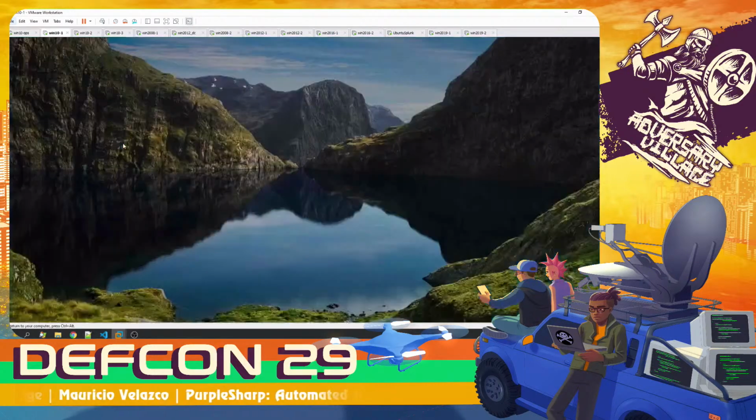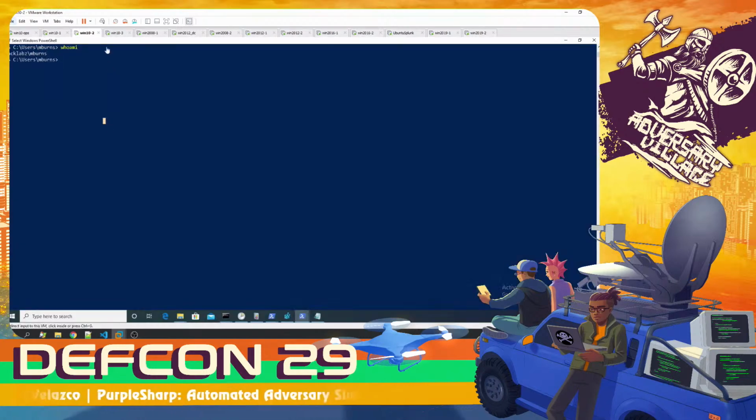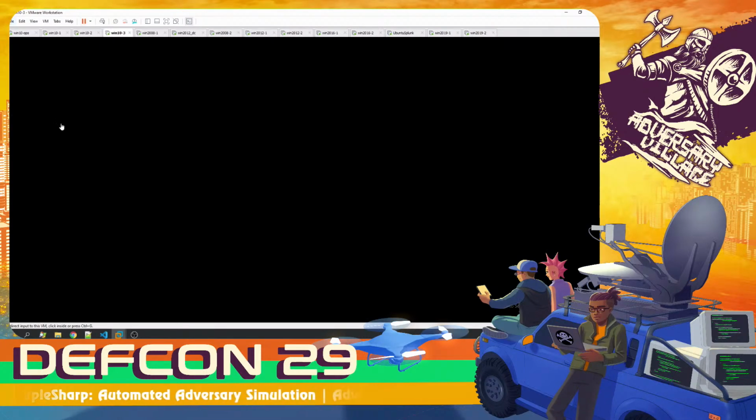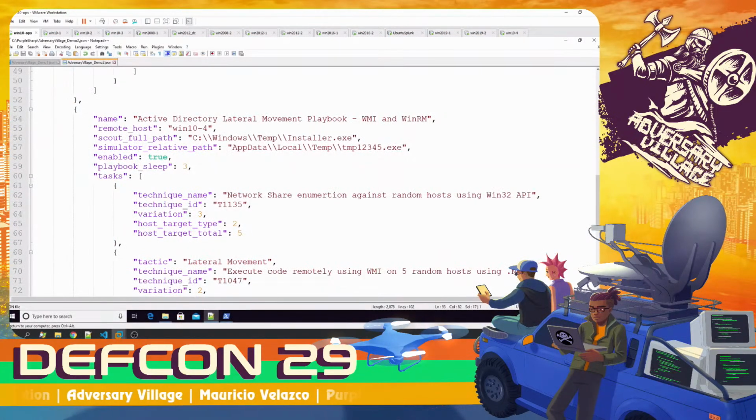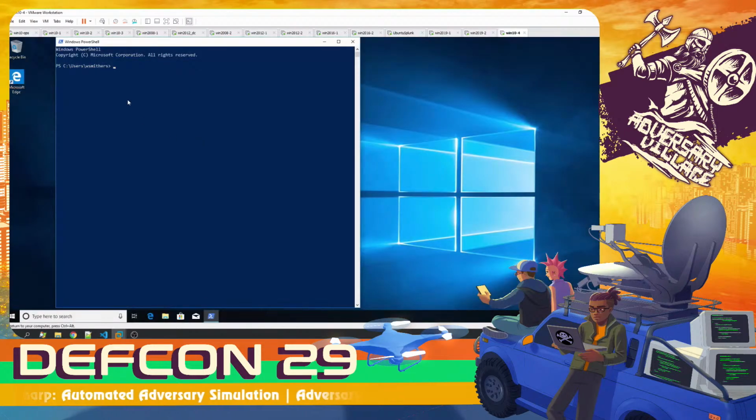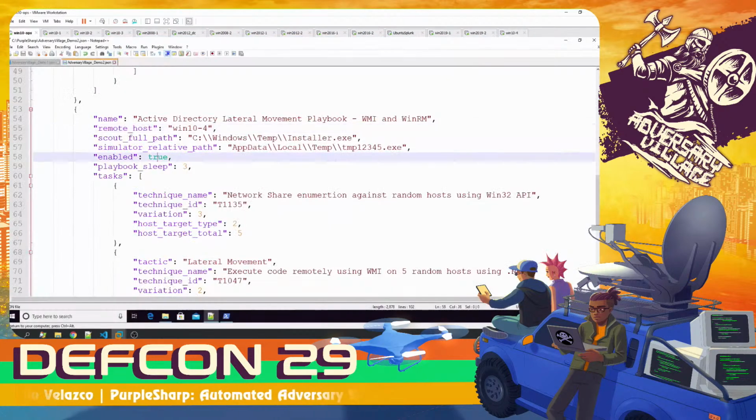And let me just make sure that our hosts are up and running. Oh, I'm missing one, so give me 1 second. Okay, I'm back. And one thing that I forgot to mention is for the second playbook that executes code on random hosts, I'm going to run it against Windows 10-4. And why is that? Because on Windows 10-4, I have Mr. Smithers logged in, and Mr. Smithers is a domain admin, so he's going to be able to execute code remotely on any host, which is what we want because we're going to pick random hosts. Okay, so